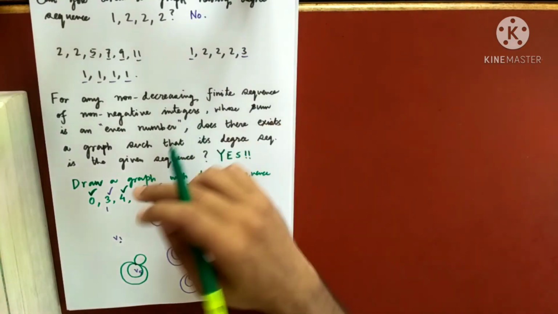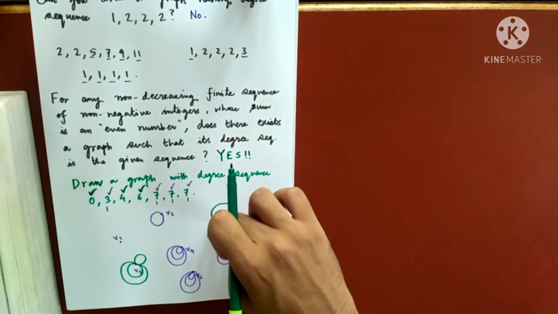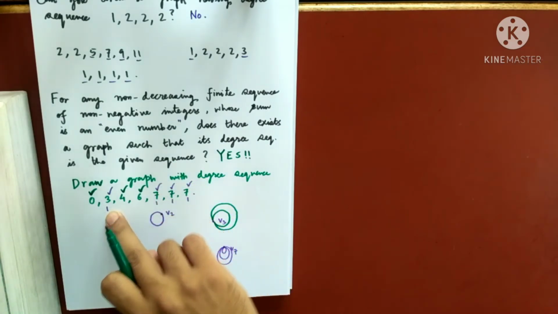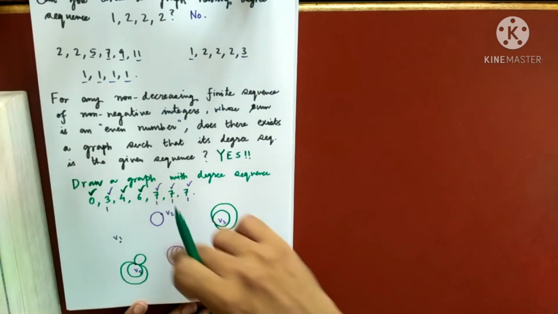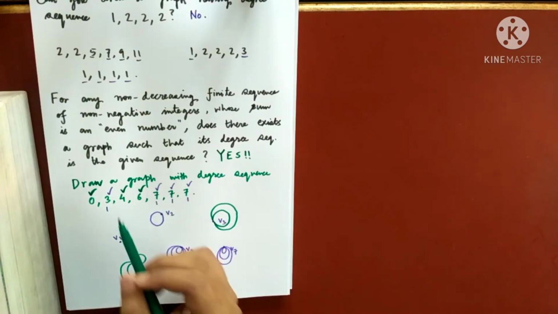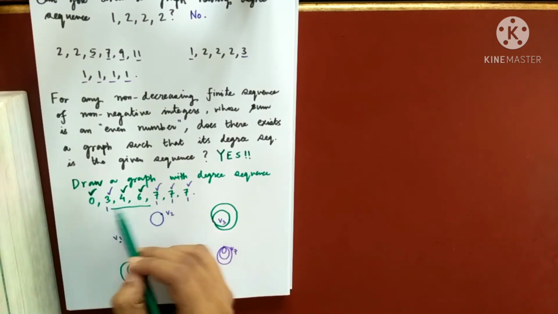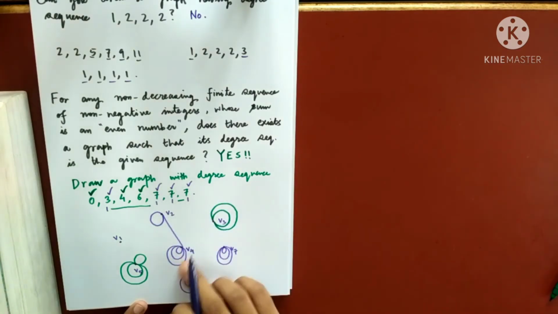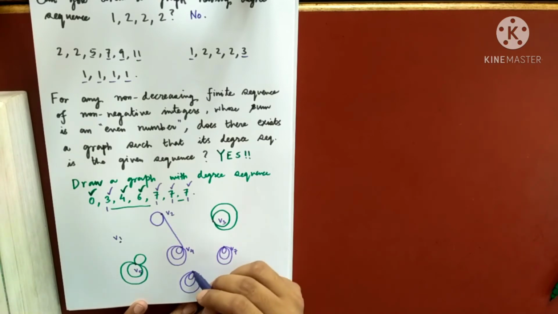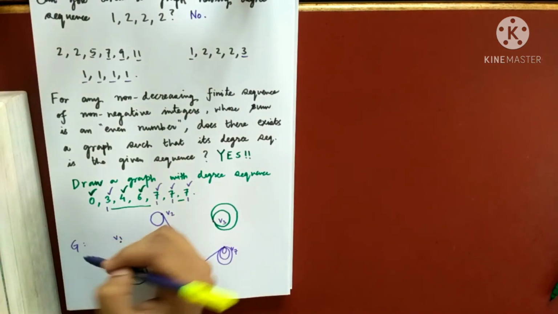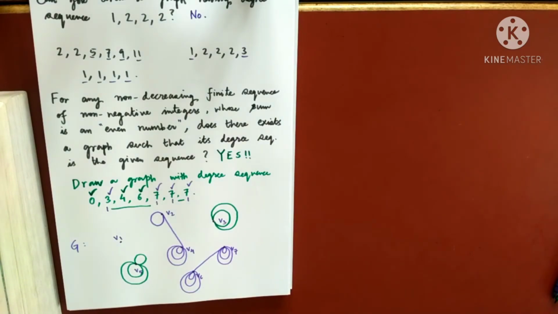That is my point. So for the even ones, the loops will cover up the degree. For this 3, we are done. But for the odd ones, I have drawn loops, but 1 is remaining. That will make the degree of v4 as 6, 2, 2, 2. 1 is remaining. Now you connect this with this, or this with anyone. That means I'll connect v2 with v4. So degree 7, degree 3 done, and you connect v6 and v7. Hence my graph is complete. This is my required graph G. Did you understand the process? How can I draw a graph having this degree sequence?